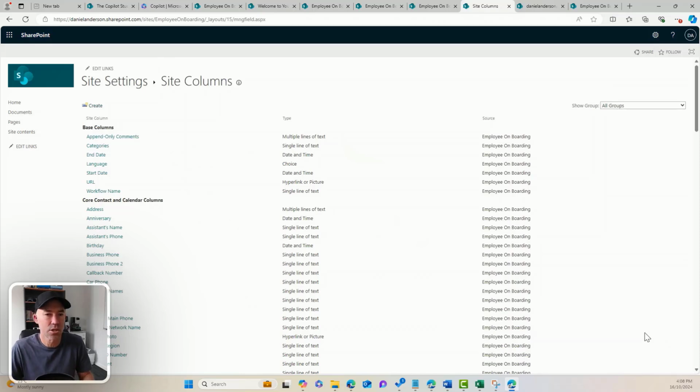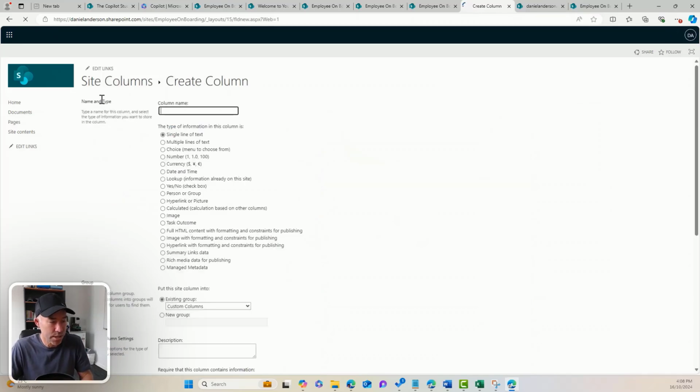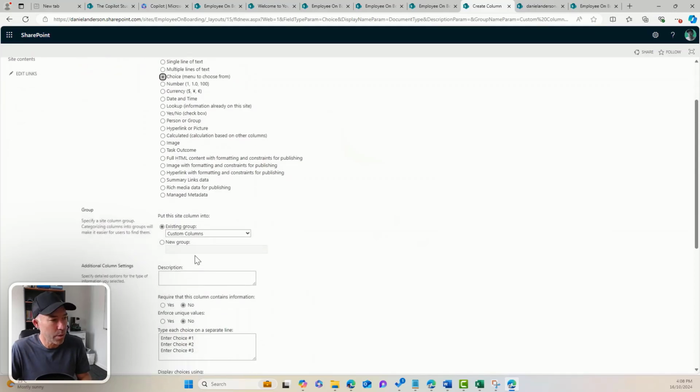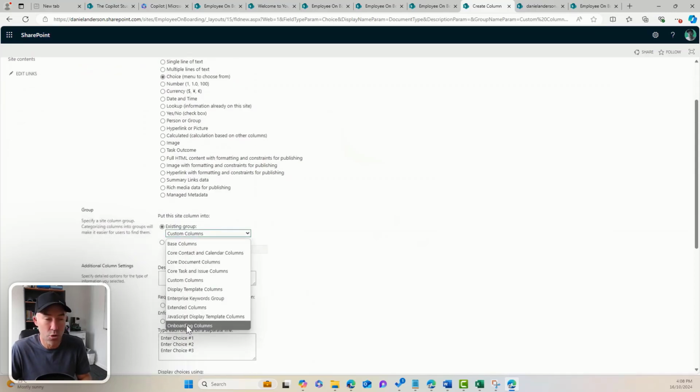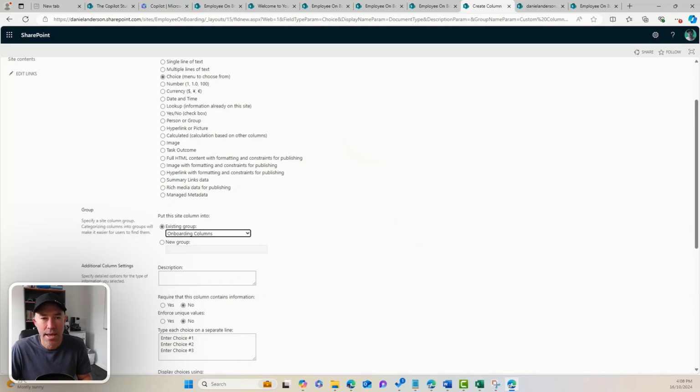All right, the second site column that we're going to use is for our onboarding document type. All right, so again, we're going to use a choice column, and let's call this document type. All right, so we'll just keep it nice and simple. We'll call this document type. Again, I'm going to use choice, but this time I'm not going to create a new group. I'm going to add this to the group that we just created before, and I'm going to add a few